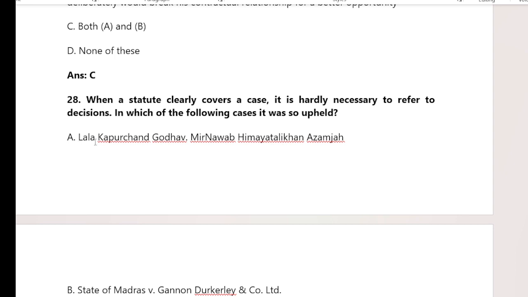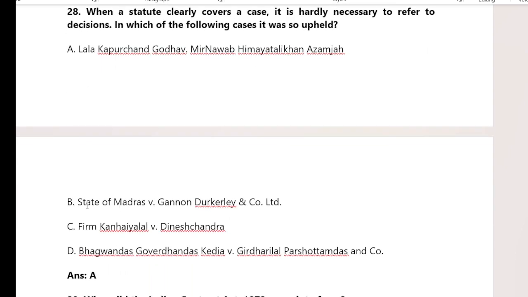Then first option is Lala Kapoor Chand Ghodab versus Mir Nawab Himatya Tulla Ajma. And the next case है the State of Madras versus Kanan